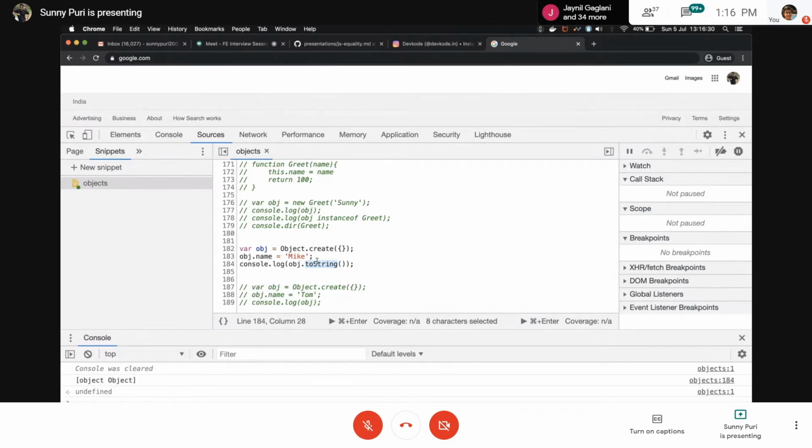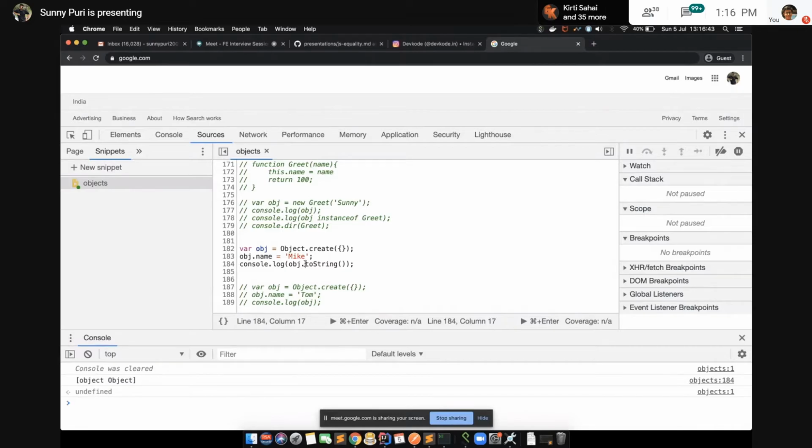Don't worry about what is happening there. So from where is this toString coming? Just focus on this. It is coming from its parent, its parent's properties.